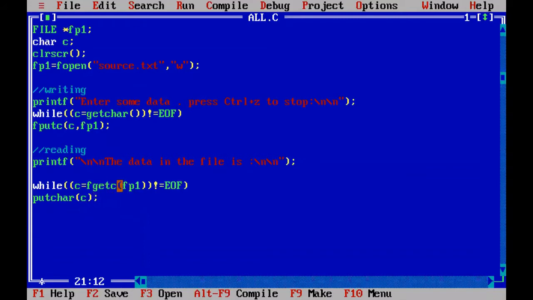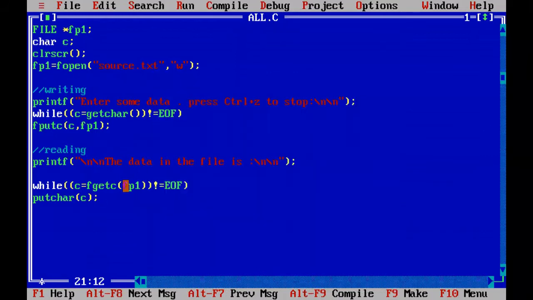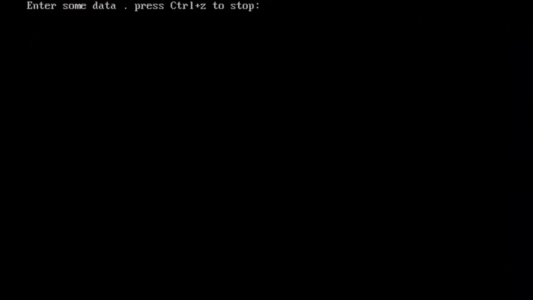But you see, whenever source.txt is opened in a writing mode, you can only perform writing operations but not reading operations. Even though it is showing 0 errors, the file content is not shown on the monitor. First we have to enter the data, because the first while loop is for the writing operation.